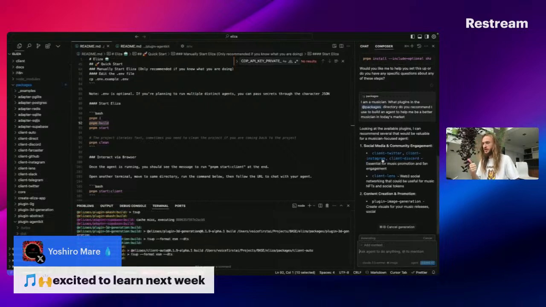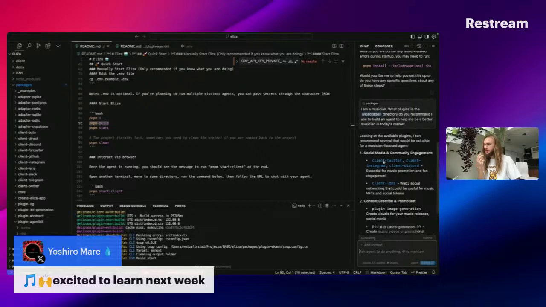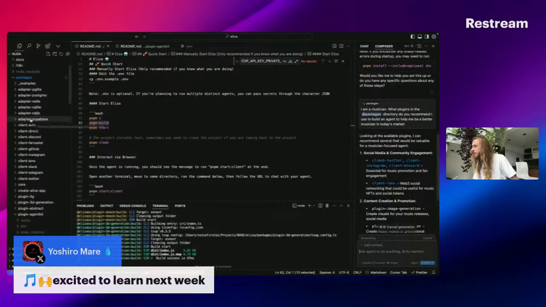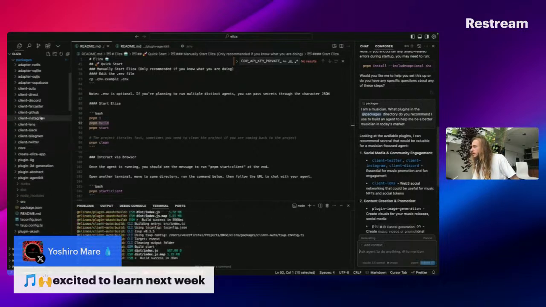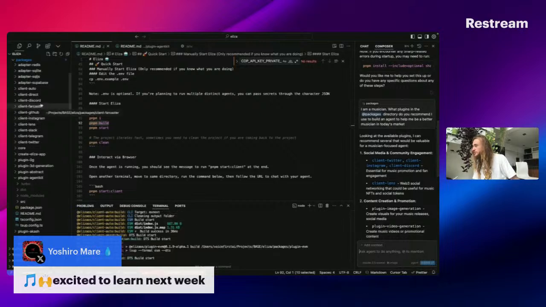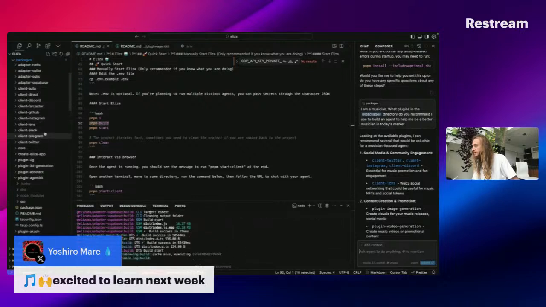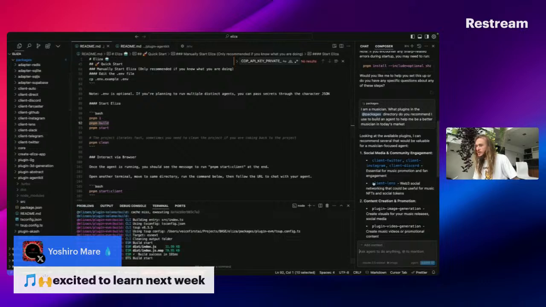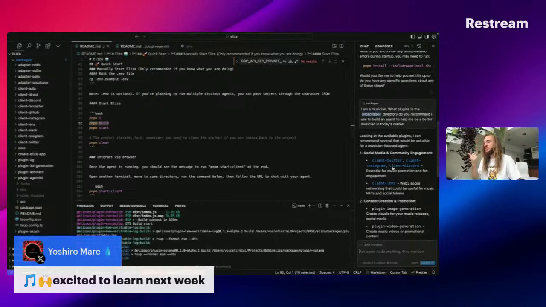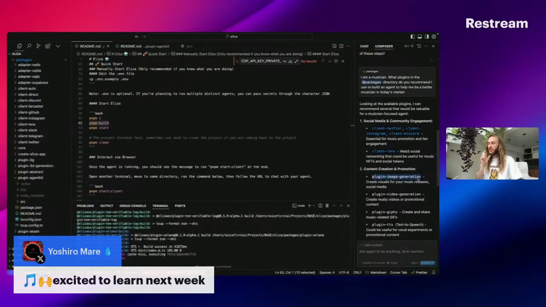So it recommends Twitter, it recommends Instagram, it recommends Discord. I didn't even know that they had an Instagram already. They do have an Instagram. They also have Farcaster, they have Discord. Wow. I don't see a TikTok in here yet, but I do see Slack. And then Lens. So they recommend using Discord, Instagram, and Twitter, and then Lens, and then use image generation to